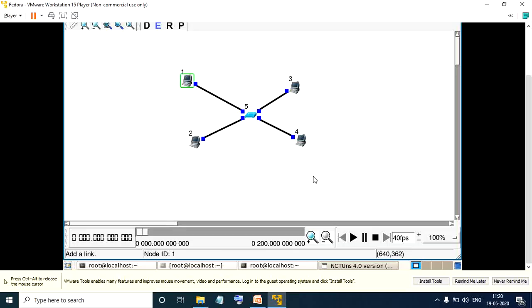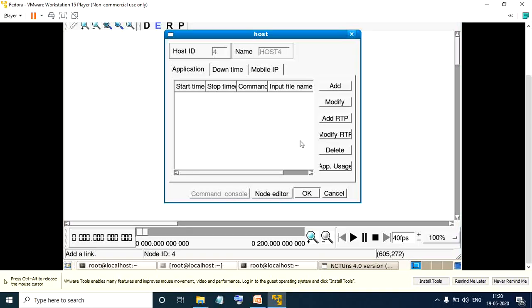If I want to go for the receiver end, you might have remembered we put the IP address 1.0.1.4. So we need to check among these three hosts which one has the IP address 1.0.1.4. It would usually be the fourth host. If I place my cursor here, it will show you the IP address. So double click on this, and we will be doing similar steps in the receiver as well.